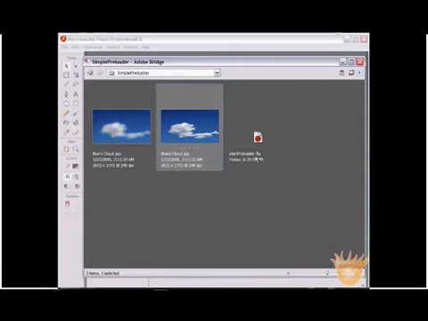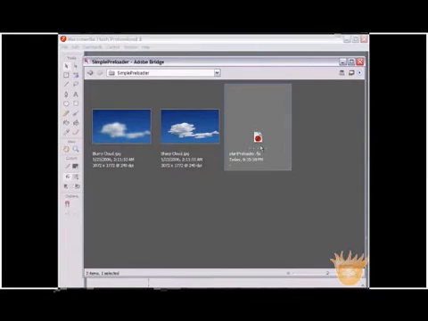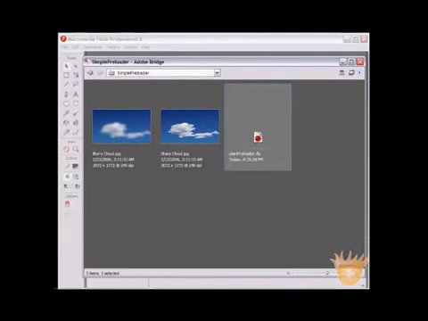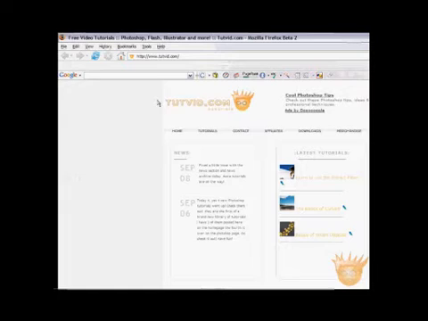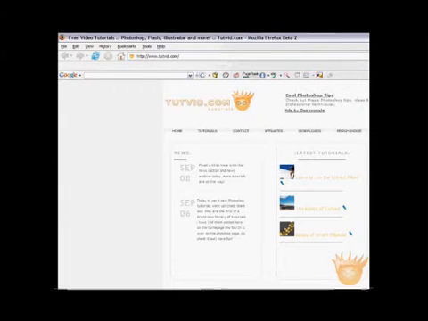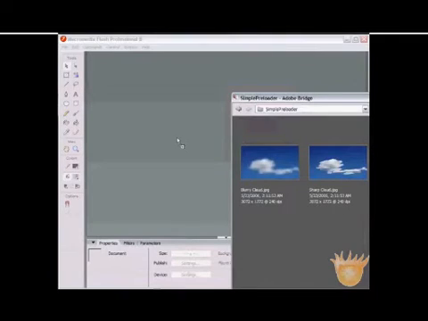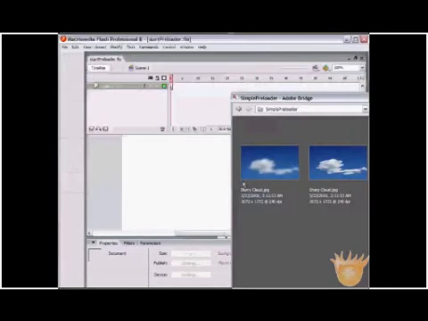So now I'm going to teach you how to do a preloader. So now you can look here. Here's the FLA file. You can go to preloader.fla, and if you click on the download here, you can actually download from there. So now you can drag and drop it in Flash,